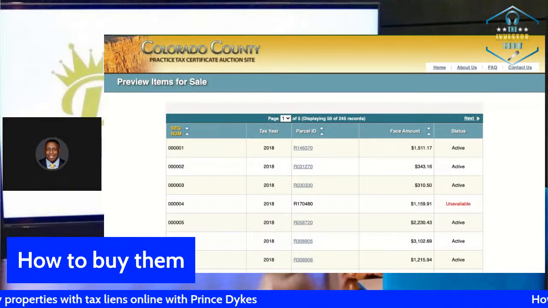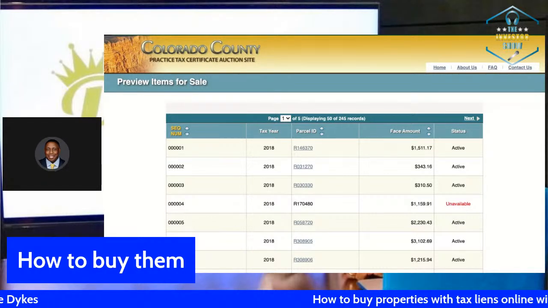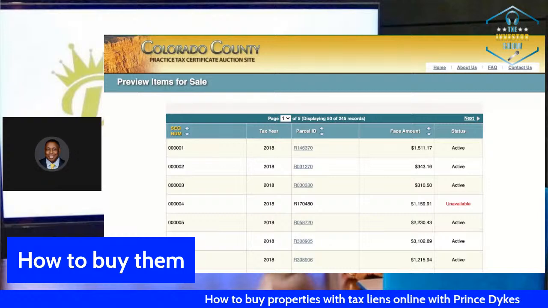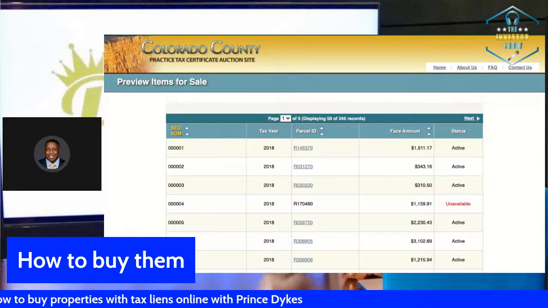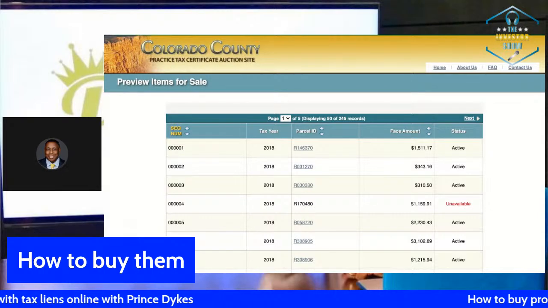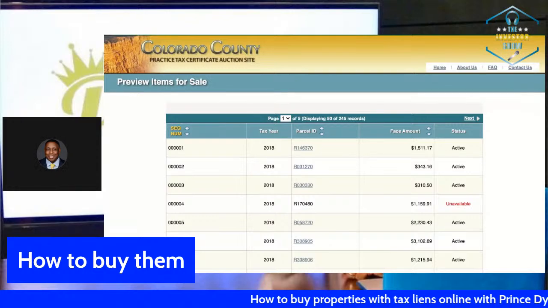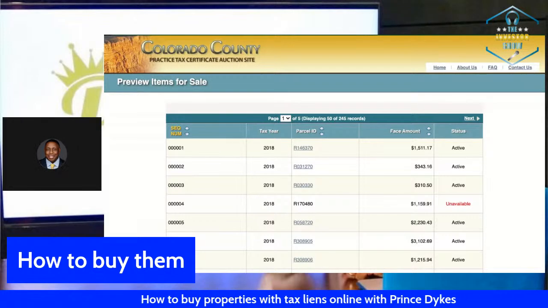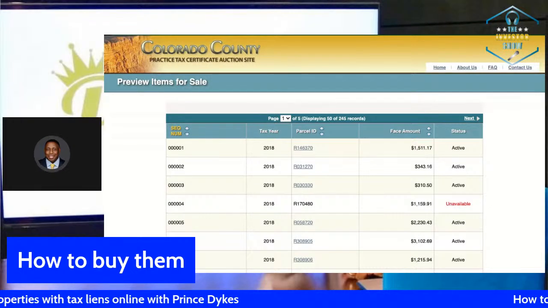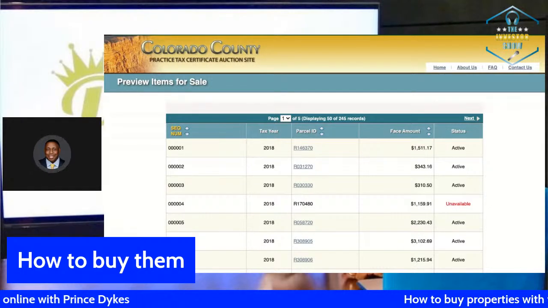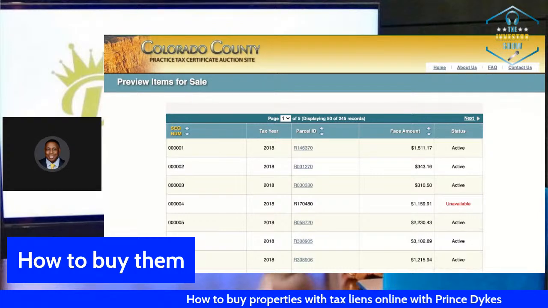Now, when you purchase a tax lien, it does not mean you own the property. It means that you own a piece of paper. Pretty much how it works is you buy the tax lien. Once you buy the tax lien, you earn, depending on the county, most of them right now saying 9%. You earn 9% a year. Every month, you earn 1/12 of that on the face value. Now, if you paid $2,000 and the face value was $1,000, you're on your own. But let's say you pay $1,500 right at the face value, so every year you're going to earn 9%.